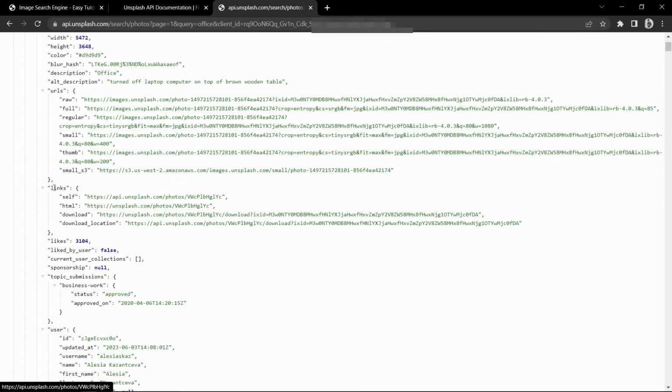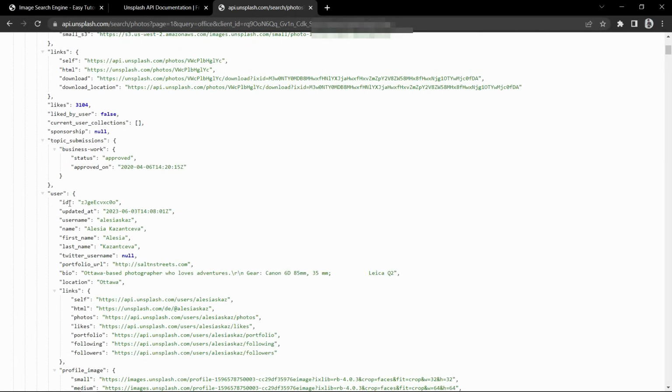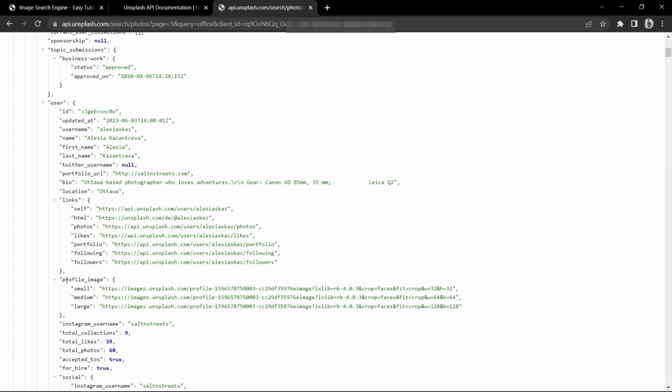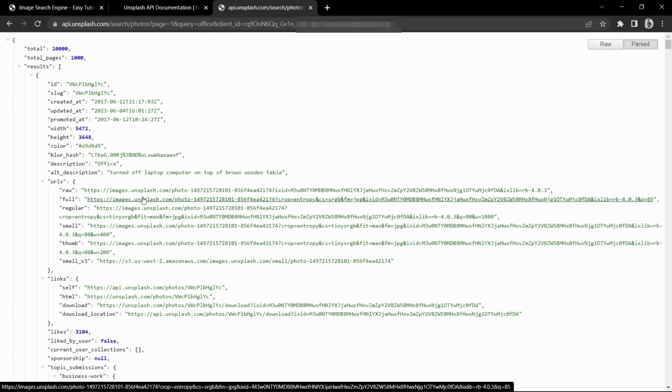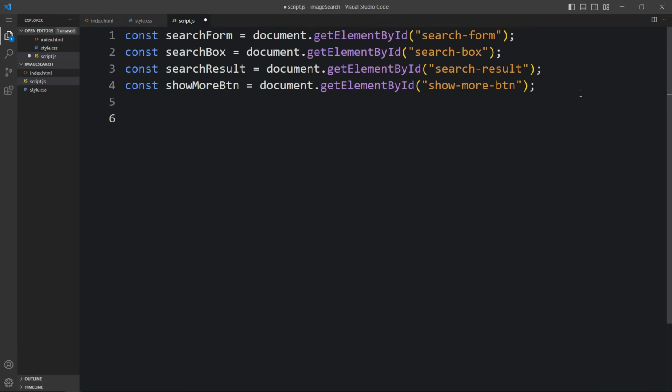Here we have the links, which is the page link on the Unsplash website for the particular image, and we have other information also like user's information, user ID, username, and user's profile picture also. Right now we just want to display the image, and when the user clicks on that image, it will go to the Unsplash website. So we have to use this API URL in our code file. So let's come back. Here we will add